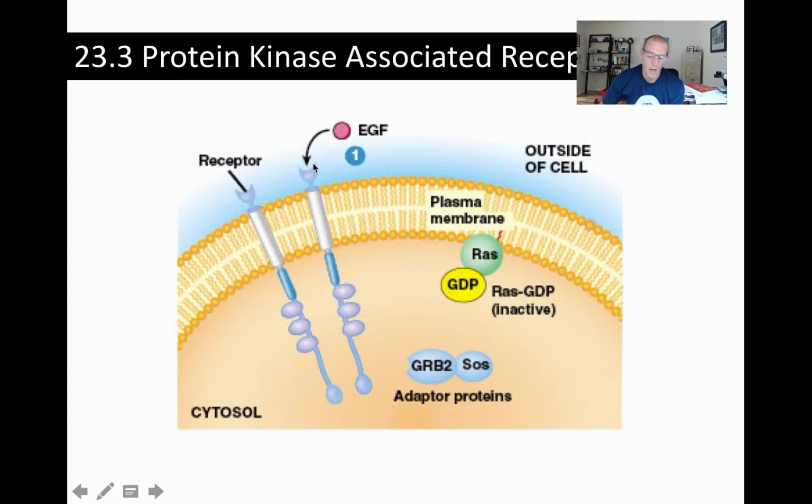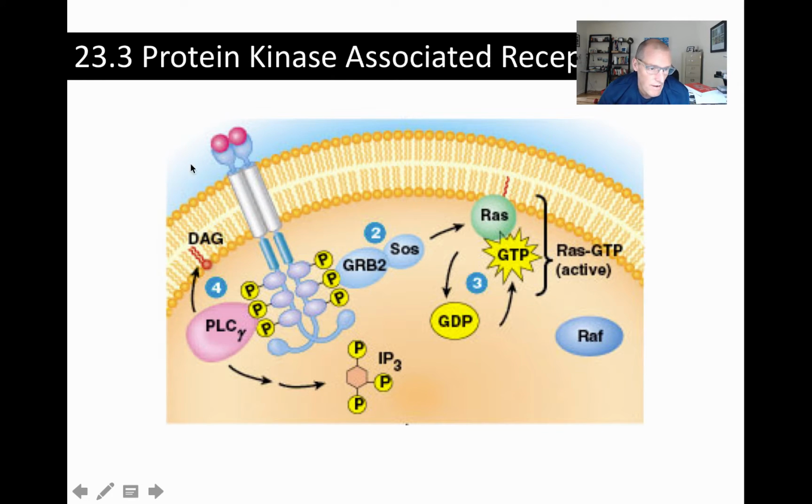So the EGF is going to come in and activate the receptor. So there is the EGF binding to the growth factor receptor. The receptors have dimerized. There is our tyrosine kinase domain. And so trans-autophosphorylation has occurred, and we've got these phosphorylated tyrosines in the tails. So let's focus over on the right to start with. What's happened here is that this protein GRB2 has been recruited to the phosphorylated cytosolic tails of the growth